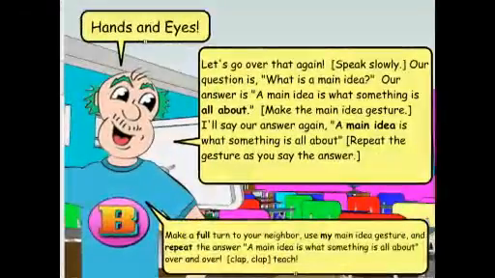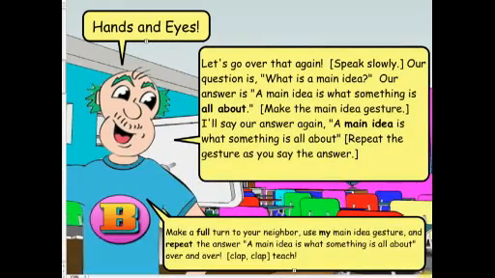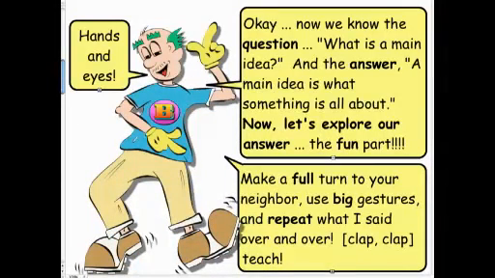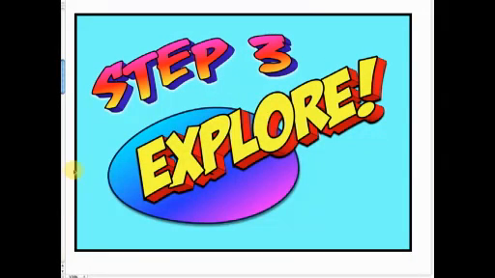Next screen. And so in the program, I even built in repetition so that when we get to things that are especially dense, I go over them a couple of times in the PDF. And then you tell the kids, you know what? We've already done 2 of the 5 steps. We have the question, what is the main idea? And then we have the answer. The main idea is what something is all about. We're now ready for the big teaching step.